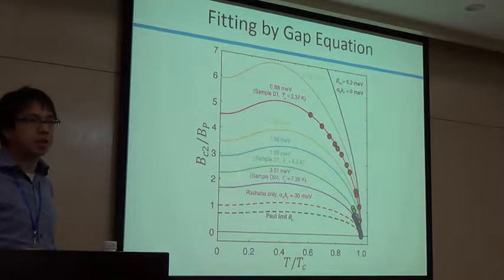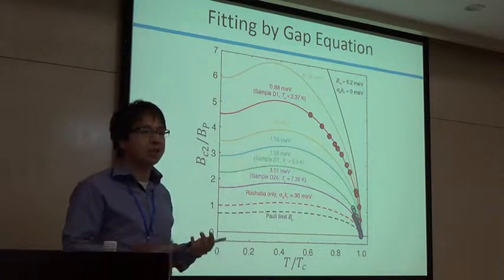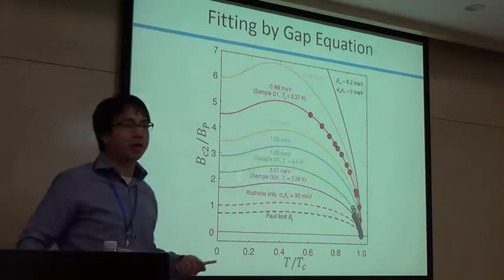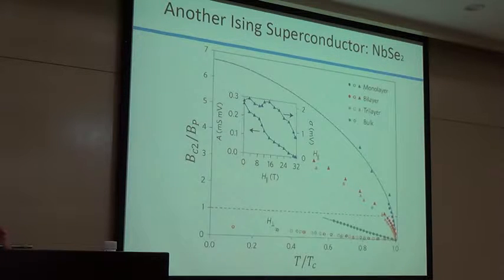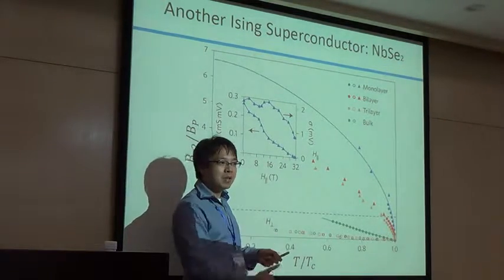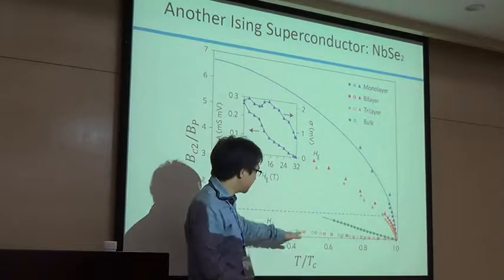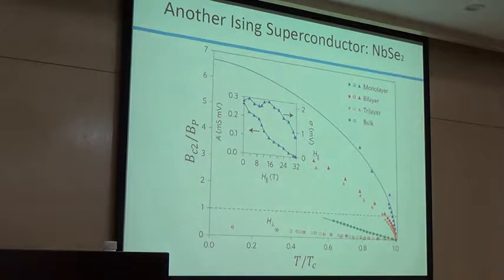In this system, because of gating, you have Rashba. You need to take into account the Rashba, and you also need to take into account the intrinsic spin-orbit coupling, and then you can fit this data perfectly, and extract the spin-orbit coupling strength of the material. This is the data for niobium diselenide also. You see a huge increase in the upper critical field, but not for the out-of-plane field. The out-of-plane field you can easily cue, just like this. Only the in-plane upper critical field is very, very high.